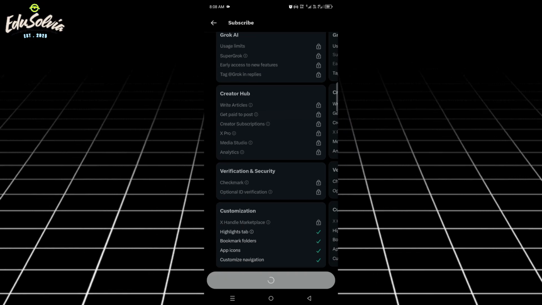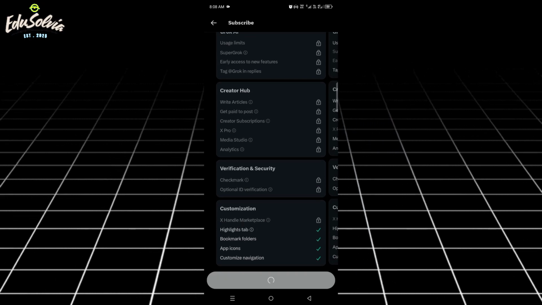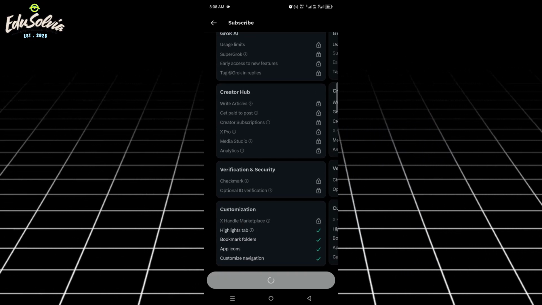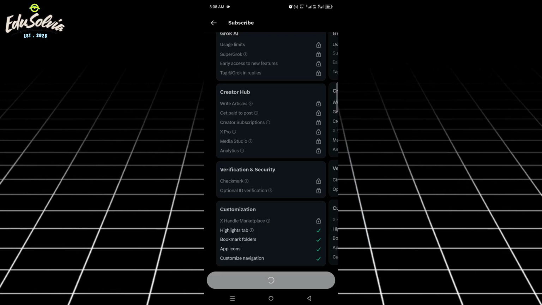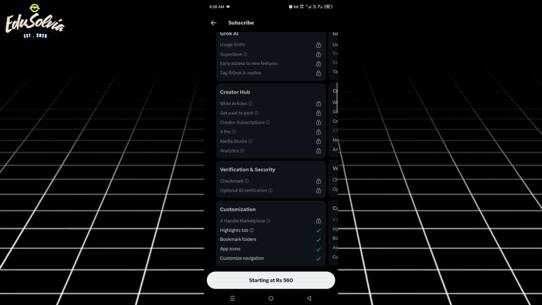Once you subscribe to premium, you'll gain access to verification features along with other additional perks that you can review on the subscription page. So basically, the only way to currently verify your account is by